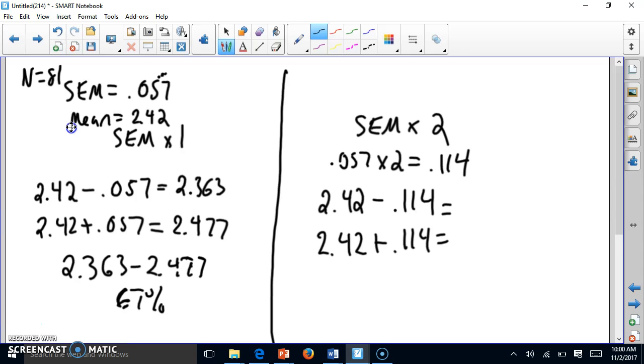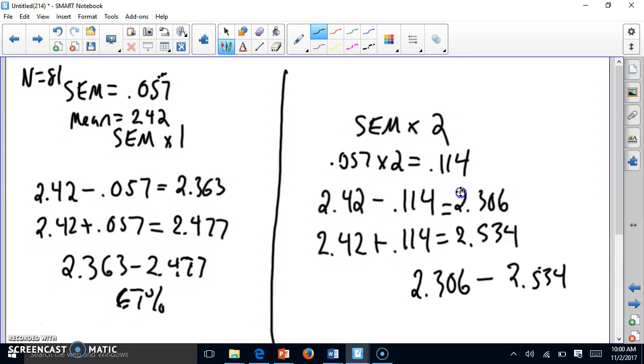And when you do this, if you did it correctly, when you subtract, you get 2.306, and when you add, you get 2.534. And that means the range is between 2.306, the minus, and 2.534. So what this means, when you subtract and add two standard errors of the mean, okay, what that means